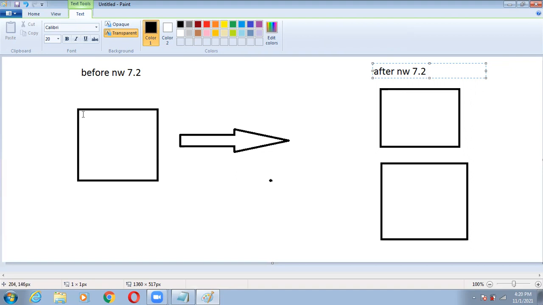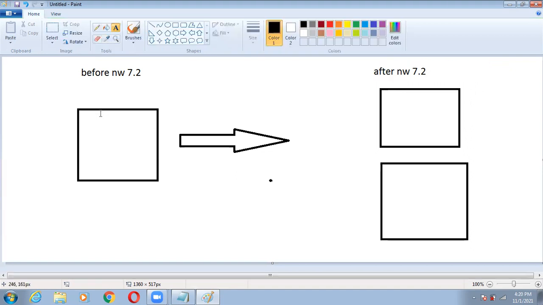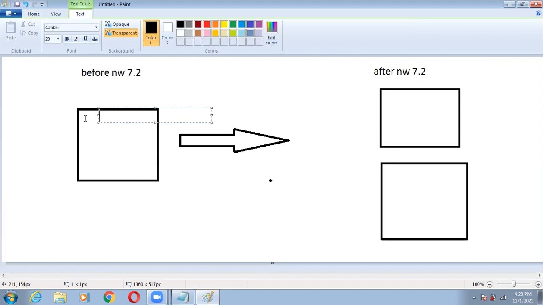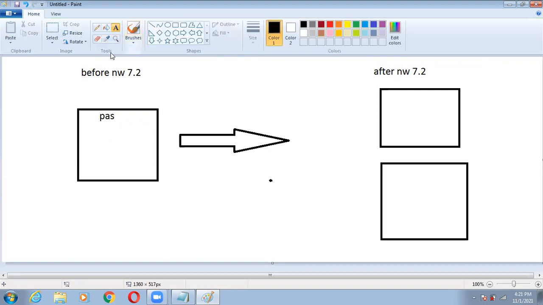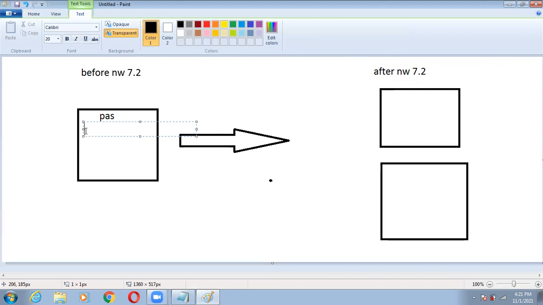I will write some of the components before NetWeaver 7.2. Basically, let us say this is the PAS, meaning primary application server. In the primary application server, we have the ABAP dispatcher, right?